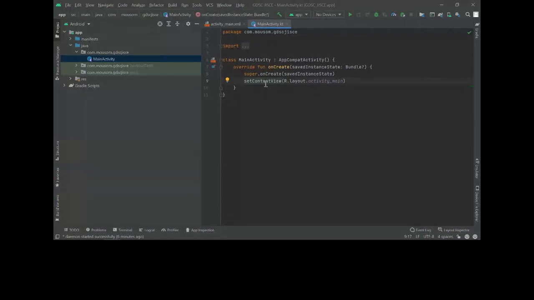Suppose we want to create a shape in our application. Shape means any kind of triangle or circle or a hexagon, something like that. What we can do is create a class of shape, and from that shape class we can create many objects.